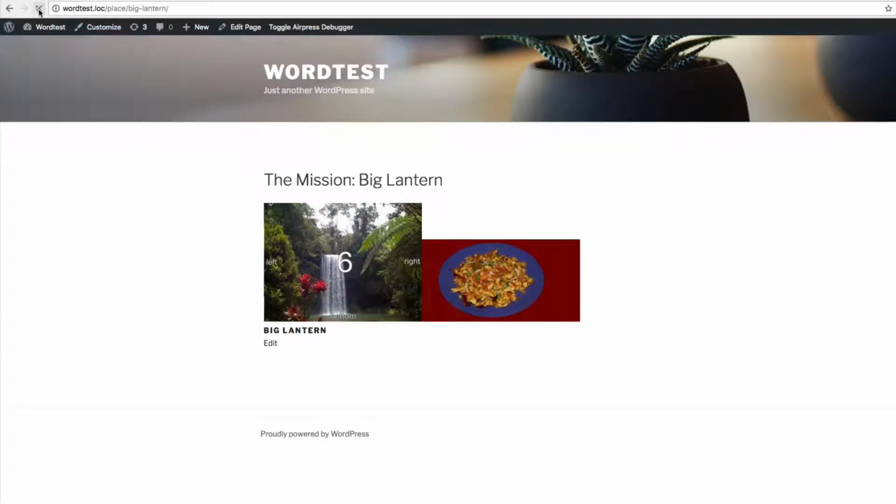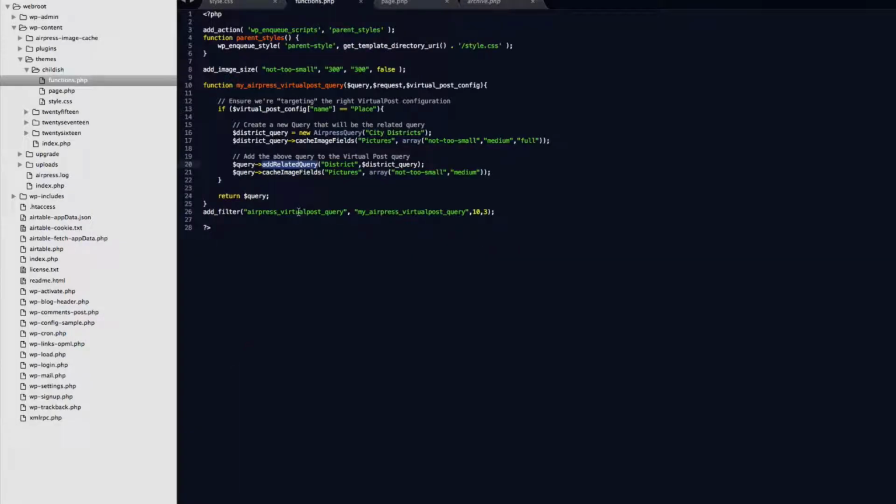And so that is how we can, using virtual posts, fetch the images as well as any related records we want in a nice clean way using this. I'll go ahead and post this code up along with this link, and